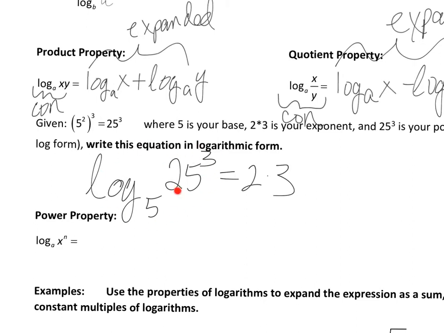Now note, all of this is in the argument. This 3 is not the cube of the entire logarithm. It is the cube of 25. So you look at that and you go, well, log base 5 of 25, if I didn't have that 3 there, log base 5 of 25 equals 2, right? Because 5 to the second power equals 25. So this equals 2. So if I take this and I move it out front,